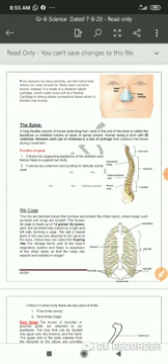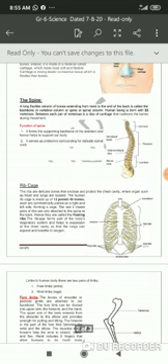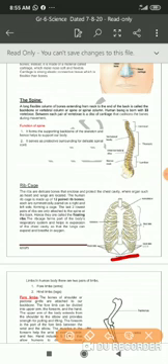But then there are some ribs which are not at all connected to the sternum from the front side. You can see this even in the pictures, right? These are the bones which are connected to the spine, but not to the sternum. Such ribs which are not connected to the sternum usually are the last ribs, and they are known as floating ribs. They are known as floating ribs since they are not connected, and they seem like they are floating there.